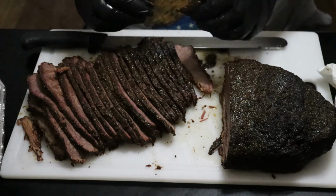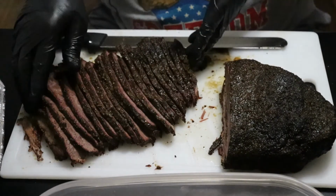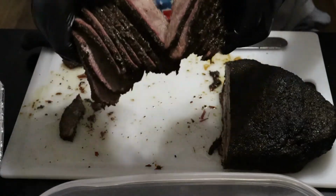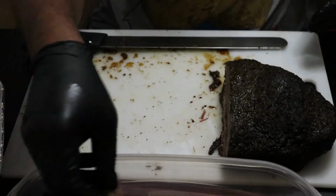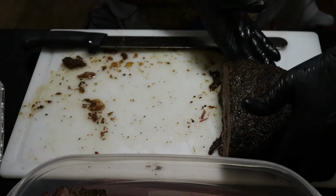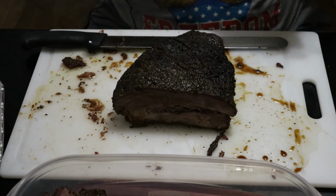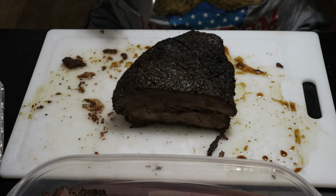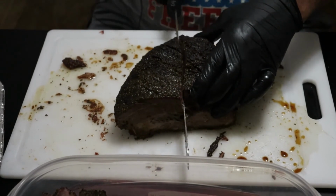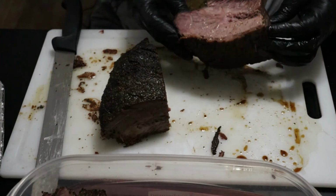So, let's get a quick shot of slicing this point, and then we will shut it down. Get that into my Tupperware. This time I went light on the rub for me. I only used 2, which was Killer Hogs TX rub and the Snake River Farm brisket rub that they sent with the brisket. Oh yeah,